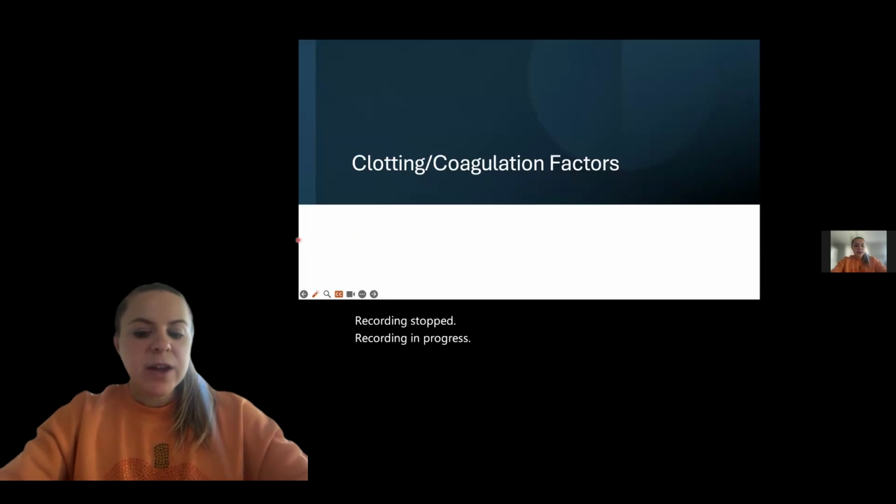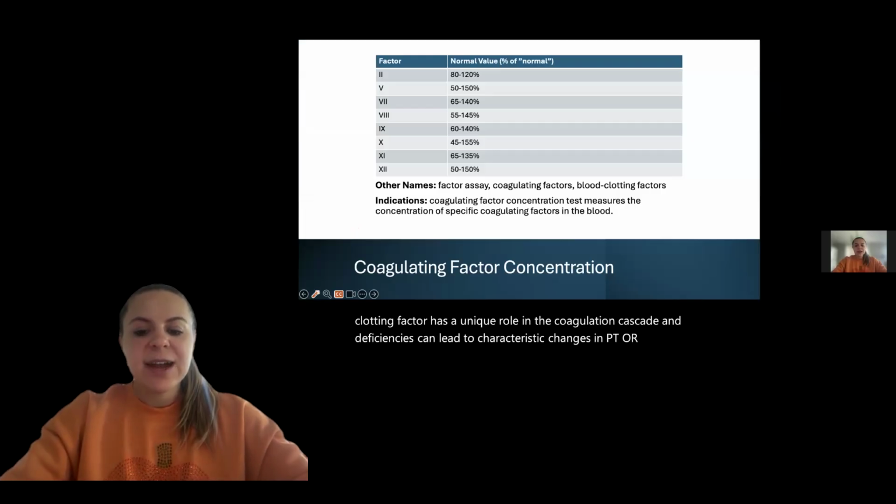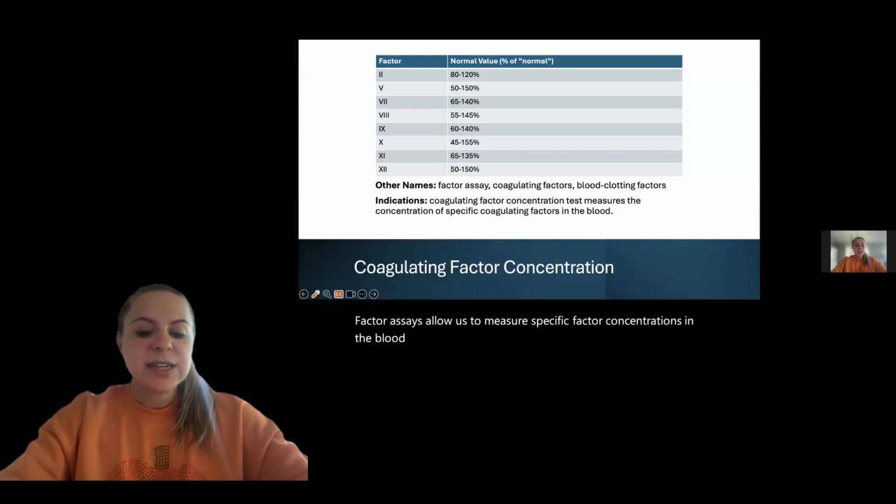Now we're shifting to the clotting factors themselves, and each clotting factor has a unique role in the coagulation cascade, and deficiencies can lead to characteristic changes in PT or APTT. Factor assays allow us to measure specific factor concentrations in the blood. Understanding which factor is deficient helps us pinpoint the exact cause of a patient's bleeding disorder and guides targeted replacement